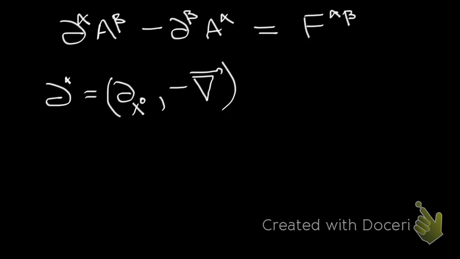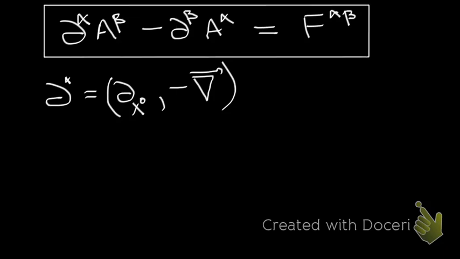Now this expression over here is called the field strength tensor. So this is my electromagnetic field strength tensor, and we can write it in matrix form as F alpha beta equal to,